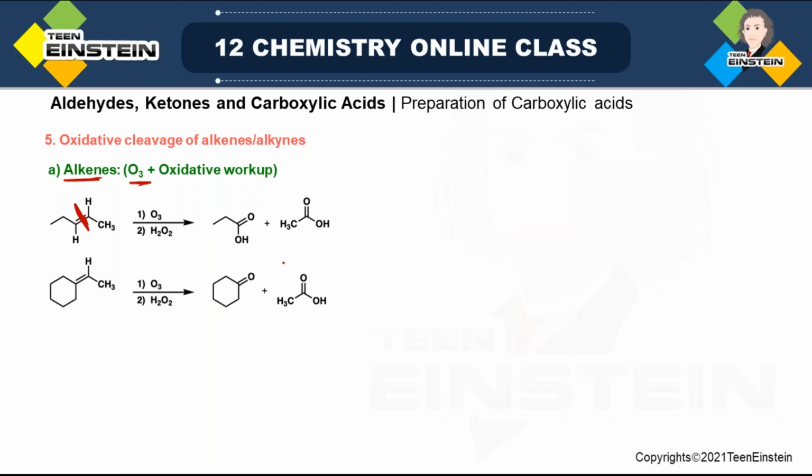So how will we write the carboxylic acid? It is always better to first write the keto compounds that you will get. It may be an aldehyde or a ketone, depending on what type of molecule you have taken. When you get a ketone, for example in the second one, when you break this bond, you get cyclohexanone. But here further oxidation is not possible,